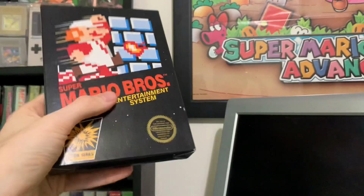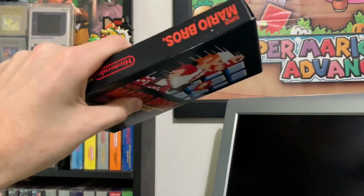I'm sitting here with a huge stack of about 20 different video games from all different consoles over the years. I'm actually going to go through and rate the packages for each different console and tell you what I think about it. Starting off with the NES, which came in these nice boxes, but let's be honest, most of us